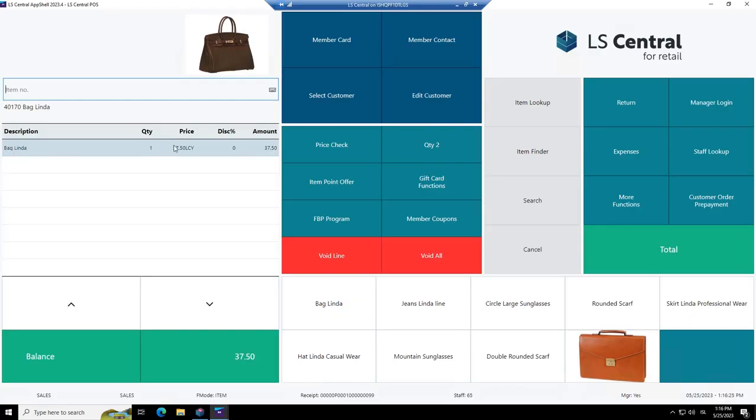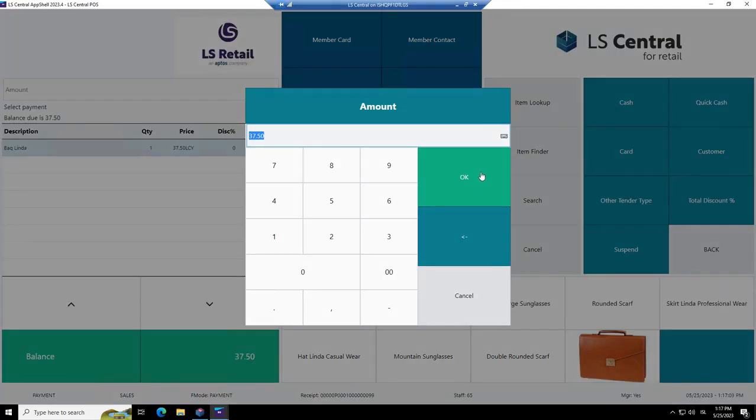If we do a function like price check, what happens then? The first line changes information. It tells you what to do. And now we are going to scan the item that we are checking the price for, or we can key in the number. I'm keying in 50,000 and enter. And then we get different information here. So this is actually a menu, even though it doesn't look like a button, because it's just a button that has gray color without any border, without anything like that. So let's finish this sale, and we're going to have a little bit more look.